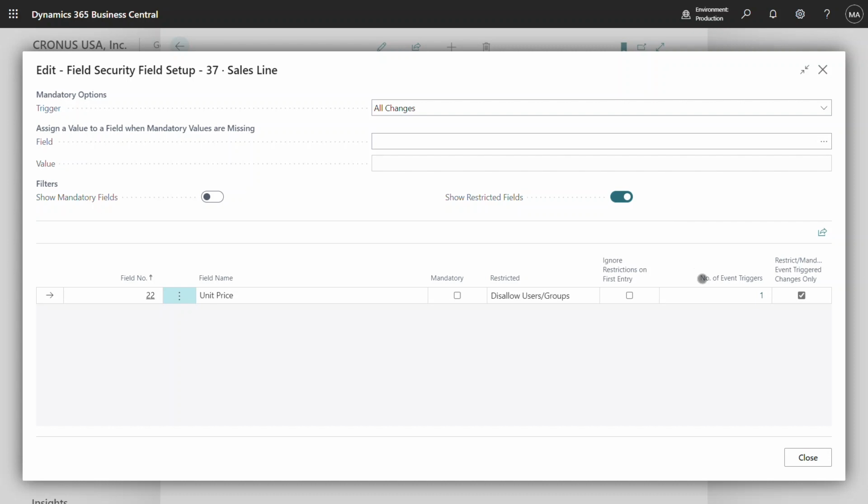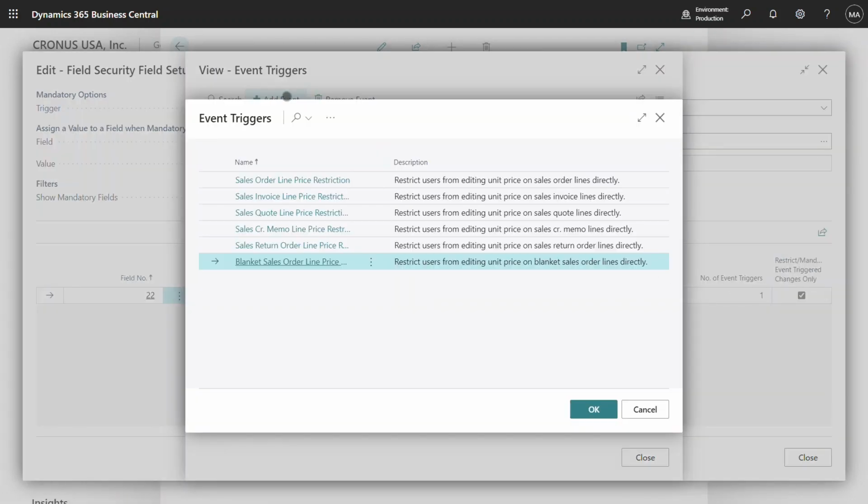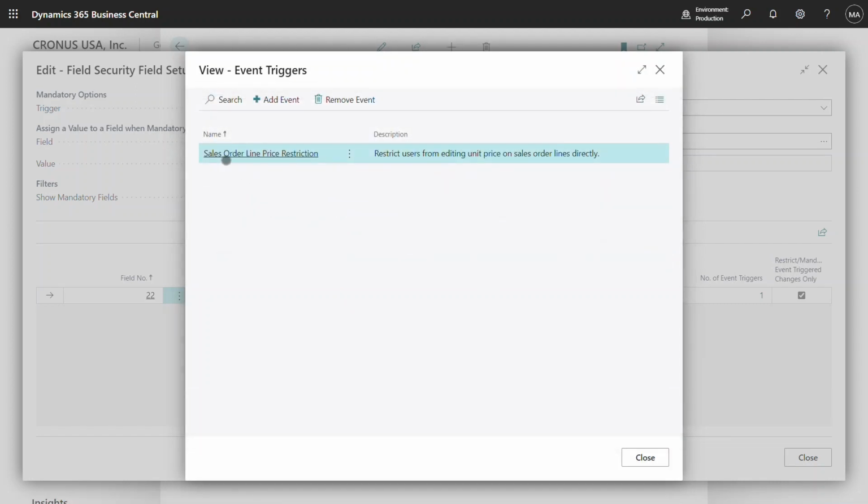And I've done this by adding an event trigger. So in this instance, if I drill through onto my event triggers, there are a number of event triggers that I can select from, choosing which document I wish to enable this restriction on. I've chosen to use the sales order line price restriction event trigger,